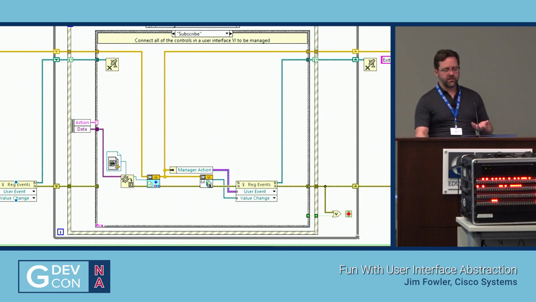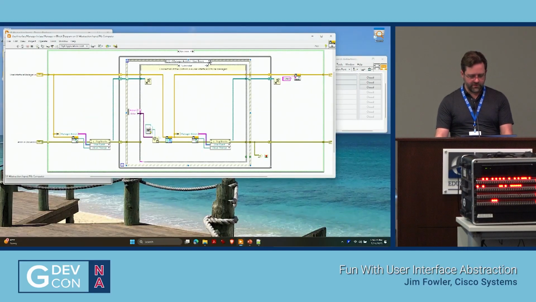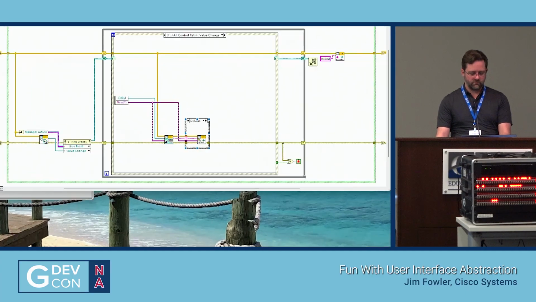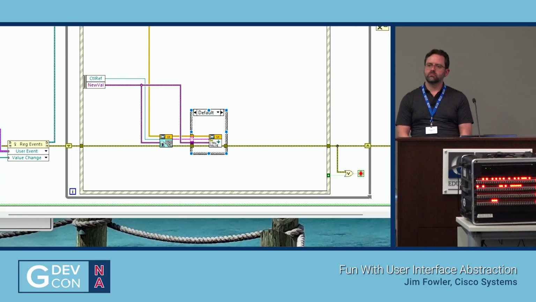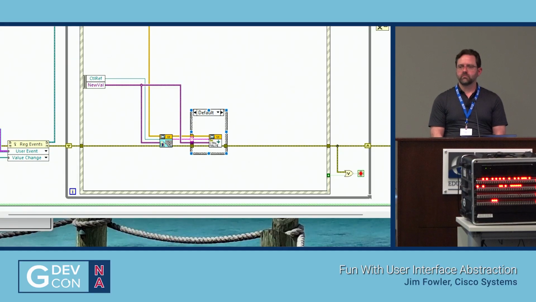So the UI manager catches all the changes to all the controls in the application, and then invokes those set control by index functions to send the value to the VIs with the indicators to which you want to output.